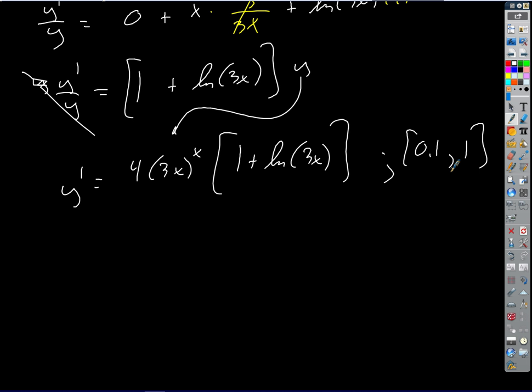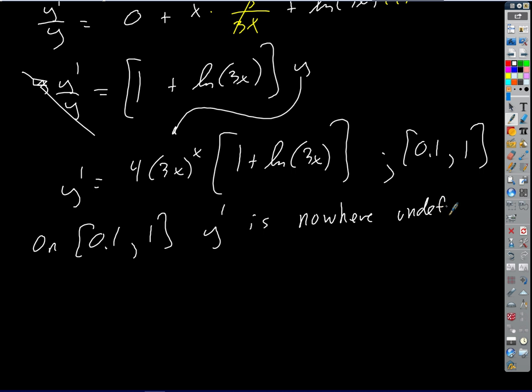So we know for sure then, just by inspecting this thing on our interval, y prime is nowhere undefined, is how we say it in math. Okay? So we're good there. There's no critical numbers coming from that. Now, where could it possibly equal 0 though? If I set y prime equal to 0,